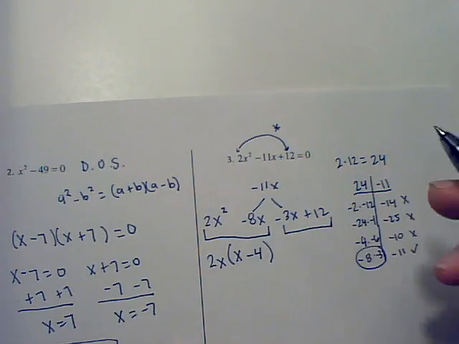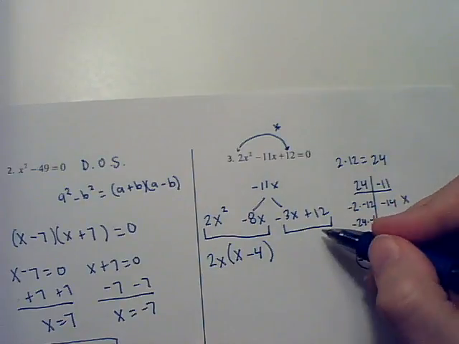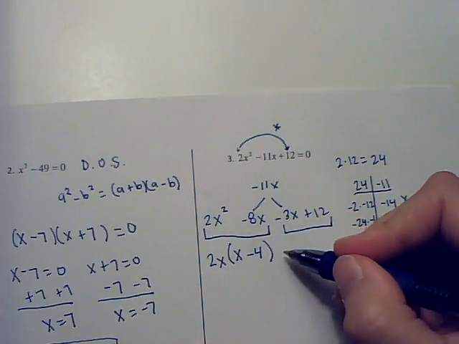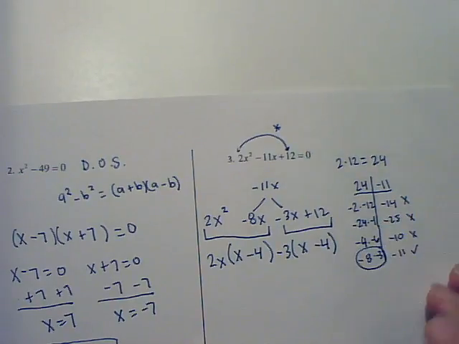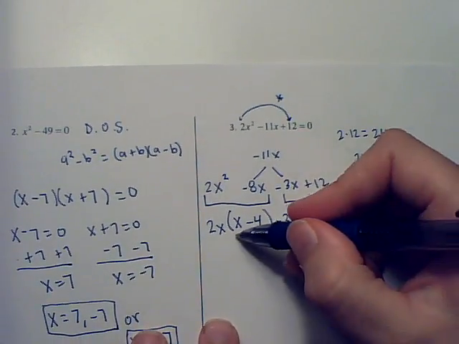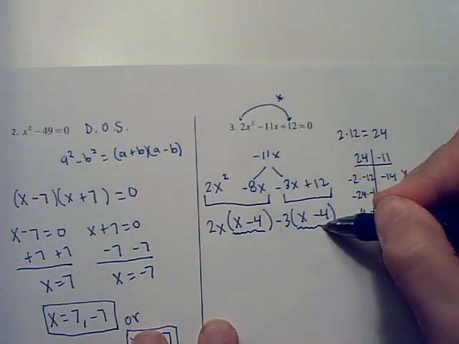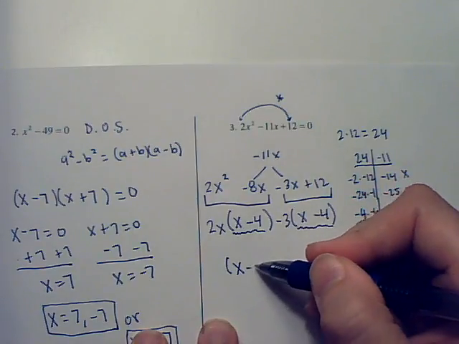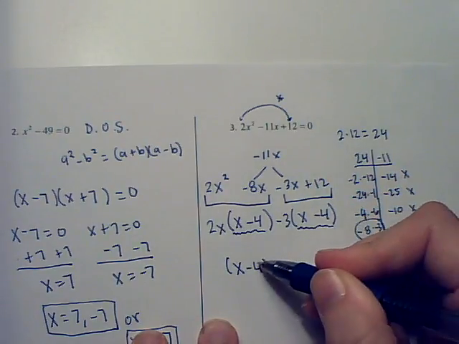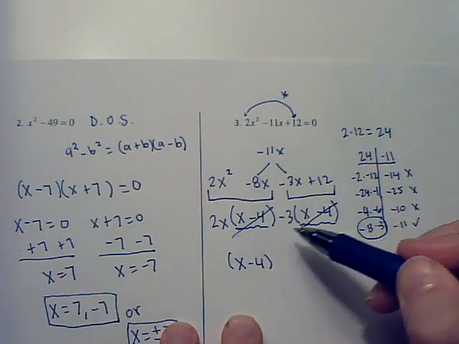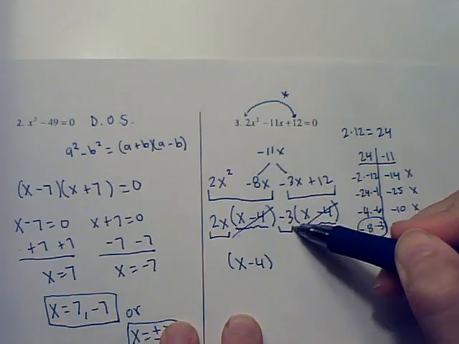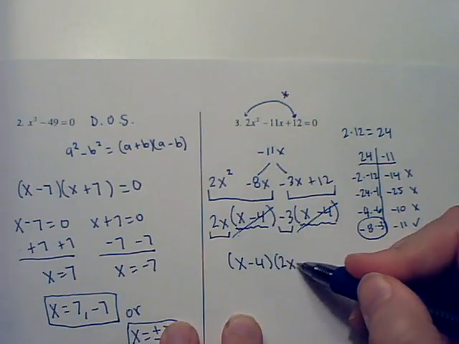x minus 4. And same idea here between the negative 3x and the positive 12, we're going to take out a negative 3, and that would leave you again with x minus 4. So we have this x minus 4 in common. We'll write that one time because you're basically factoring that out from those terms. And once we've written that x minus 4, we have this 2x minus 3 left over, which goes in the